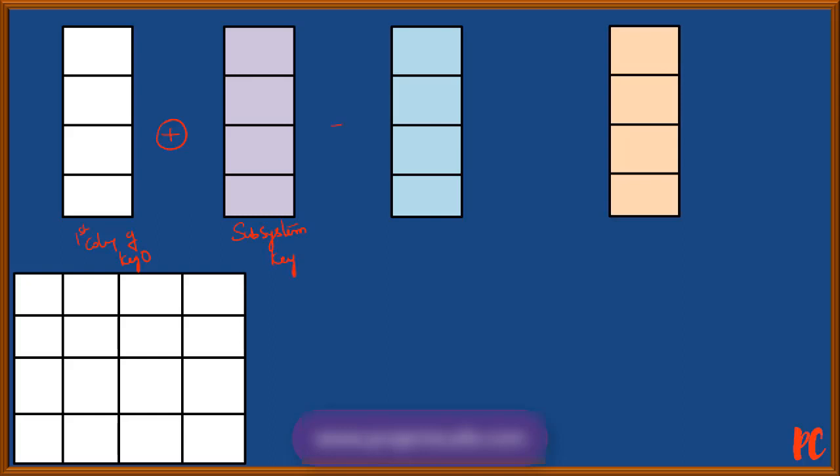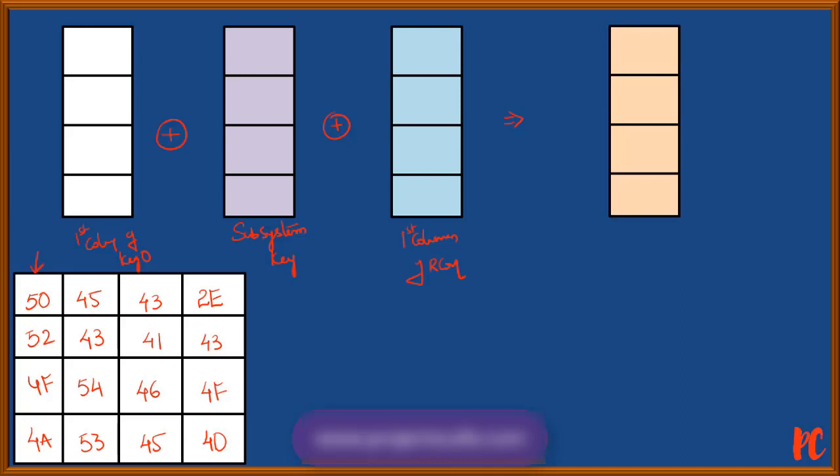Again we perform the XOR operation with the first column of the predefined table Rcon, for which the resultant would be mentioned here. So the column that we got, with respect to the first column, is 50, 52, 4F, 4A.